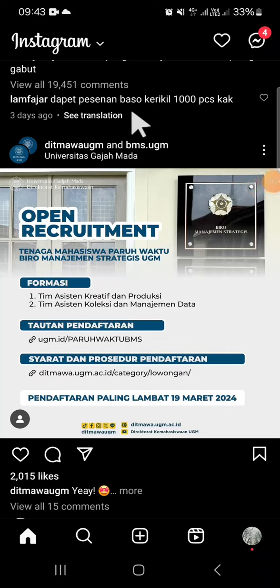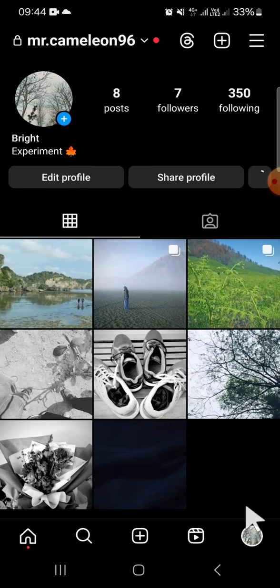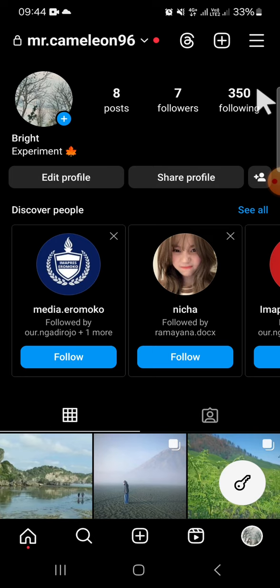In today's tutorial, I'm going to show you how you can turn off your online status on Instagram. Alright guys, here I have opened my Instagram application on my phone. And first of all, we can go to our profile and click on the three lines to open the Instagram